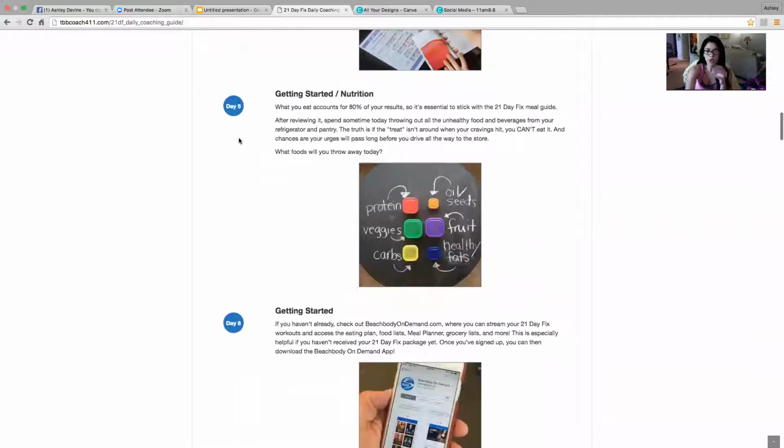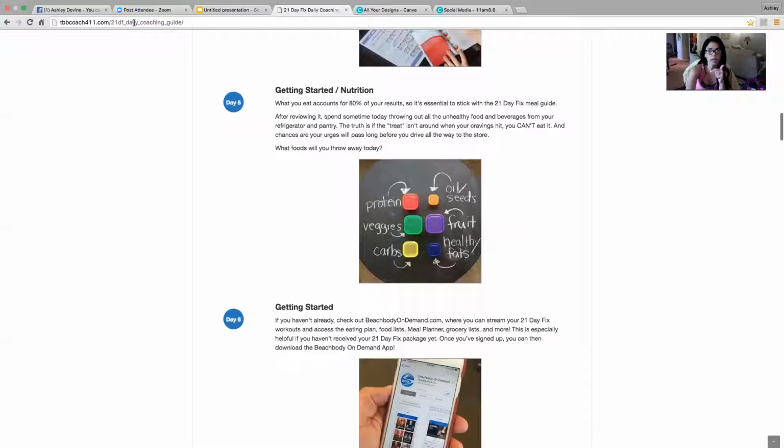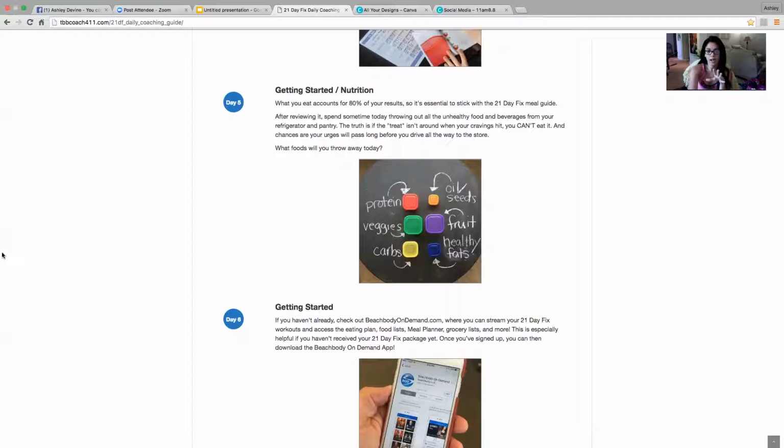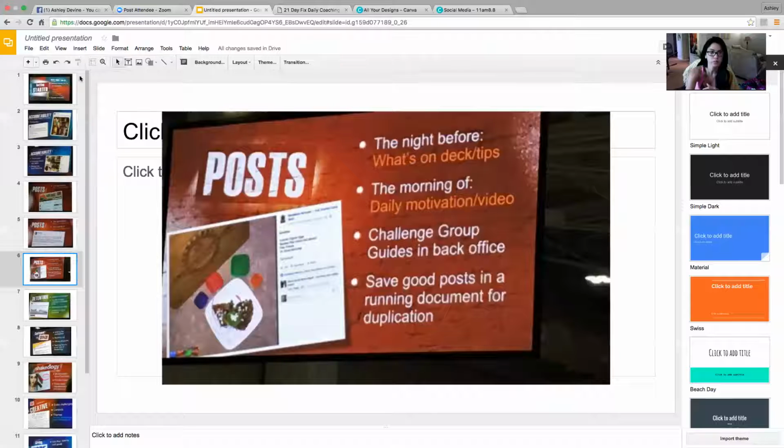Or sometimes I'll read what I need to be posting for that day through this guide, and I'm like, oh, you know what? I saw something similar to that. I'm not going to use this post, but I'm going to go pull what I saw recently and use that instead. So you could either use this guide word for word, or you could just straight up use it as inspiration. Again, you're your own boss, so it's completely up to you.